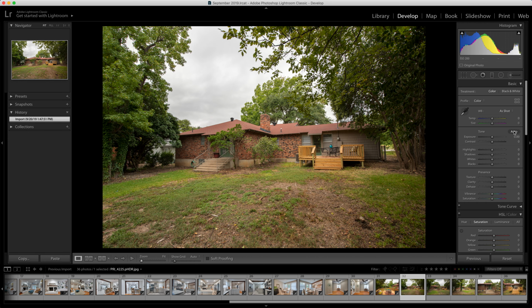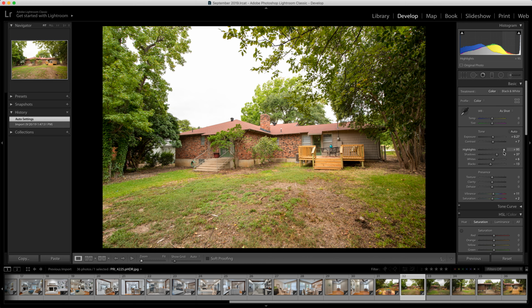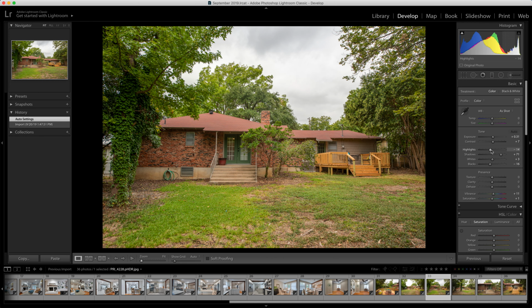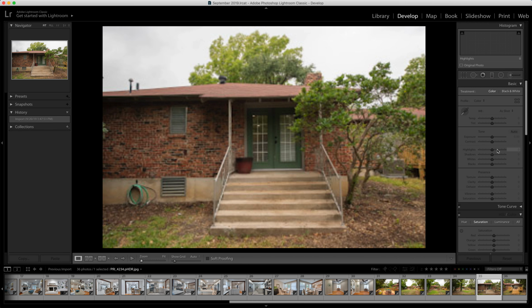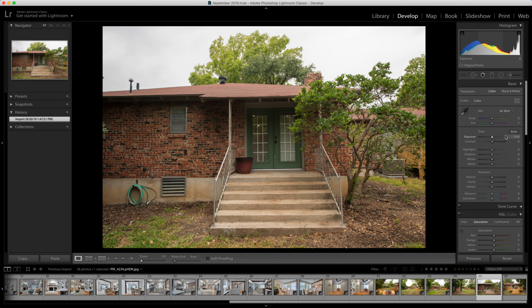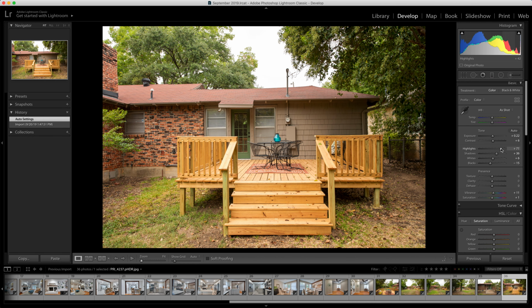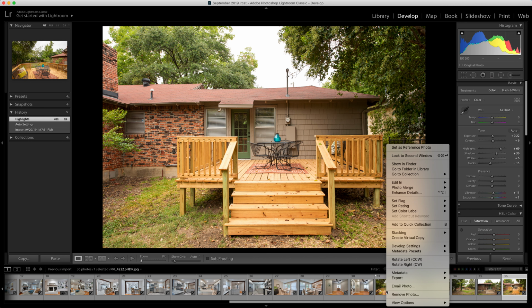Bring those highlights up. Auto. Highlights. Auto. Highlights. Auto. Highlights. That's it. We're going to change and make a blue sky on these, so we're going to edit in